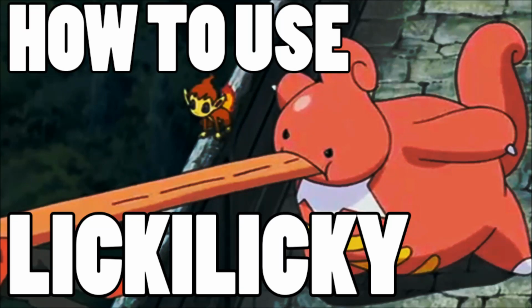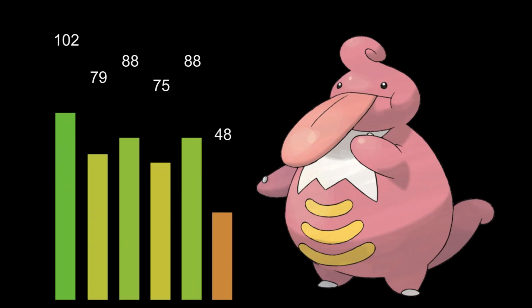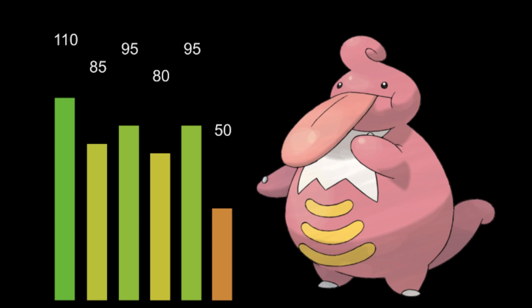This is how to use Lickilicky. So the tank stats on this Pokemon are amazing. With over 100 base hit points and close to 100 in base of both defenses, you can pretty much make this any kind of tank that you want and have it be good in a really well-rounded way, which is really awesome. The high base hit points is really what you need on this Pokemon,